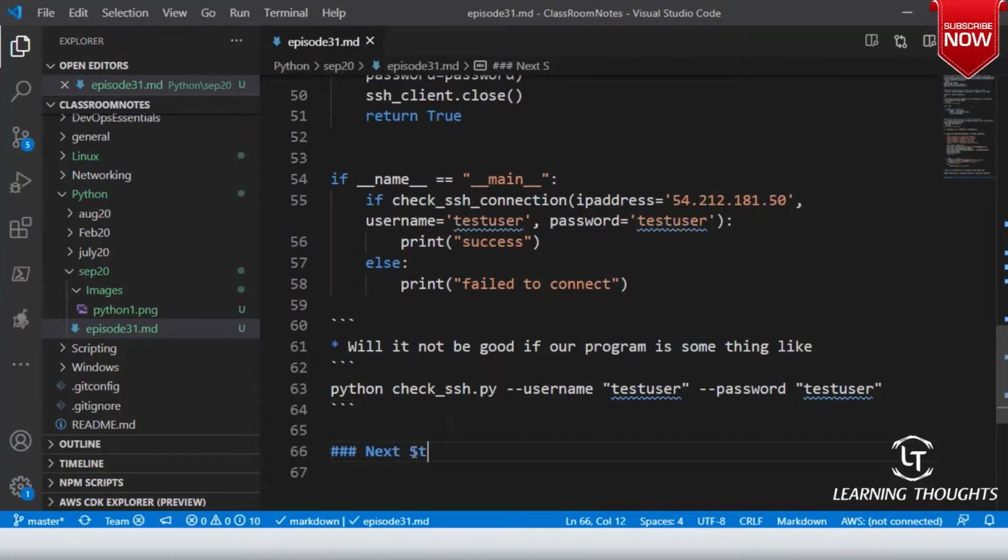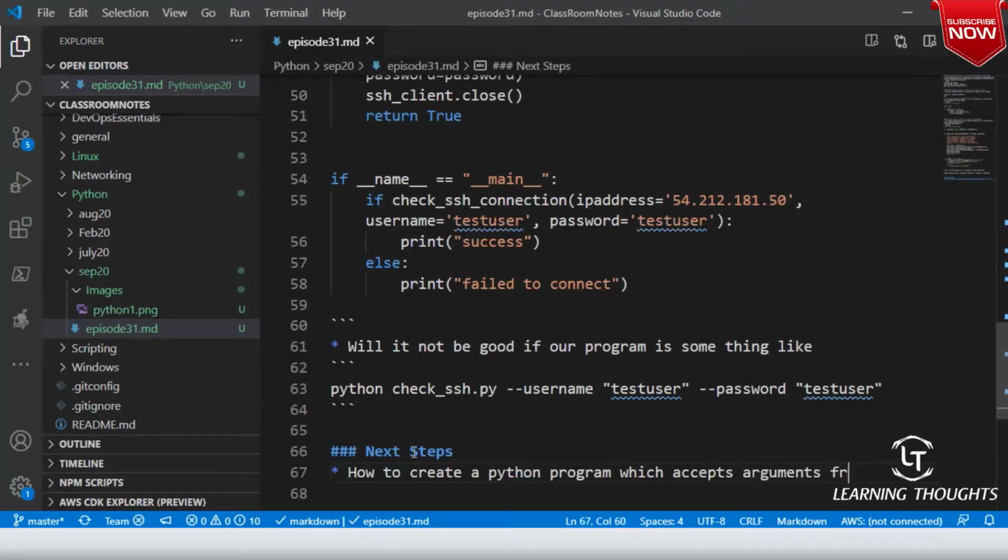Next steps. How to create a Python program which accepts arguments from the command line.